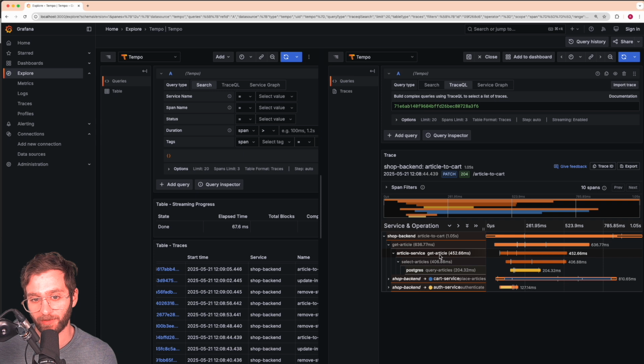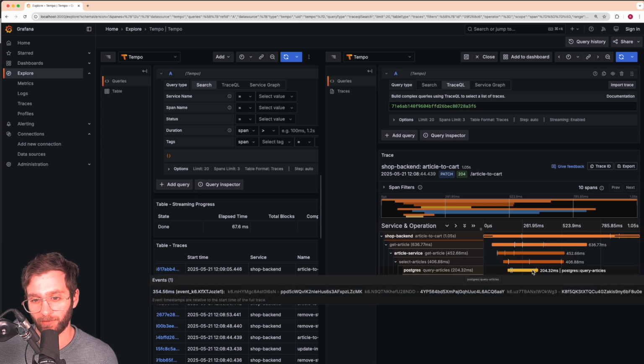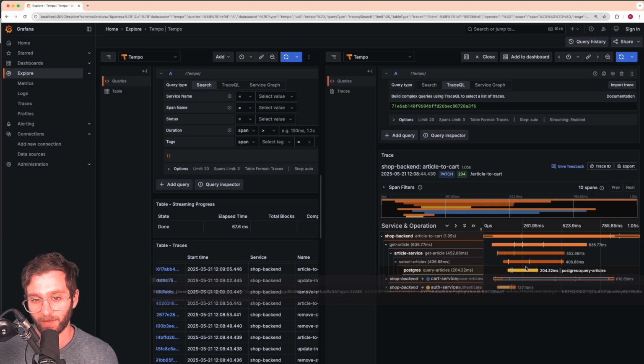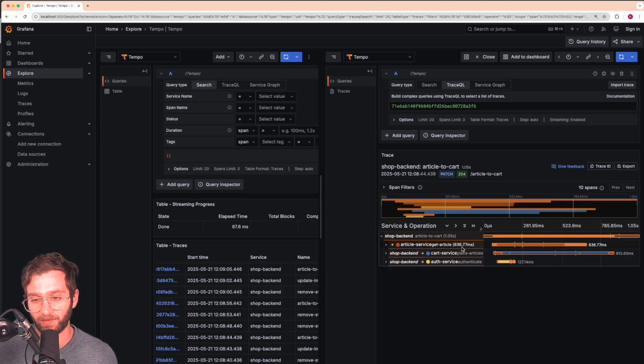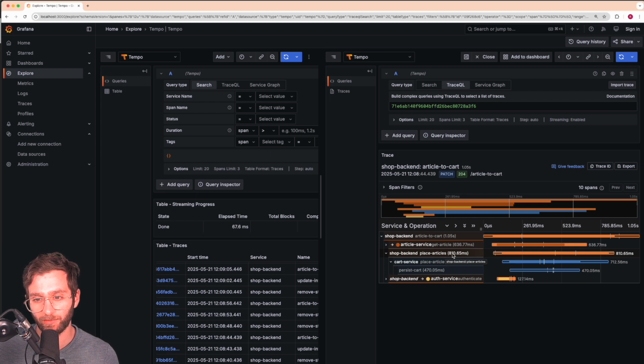And the get article operation in this service overall takes 450 milliseconds to process. It invokes an operation called select articles, part of that operation being a Postgres query, which took 200 milliseconds overall to process. So this child span took 600 milliseconds, not bad. But then you've got this child span, which took approximately 800 milliseconds. So eventually the request from shop backend is transmitted to the cart service microservice, which invokes an operation called place